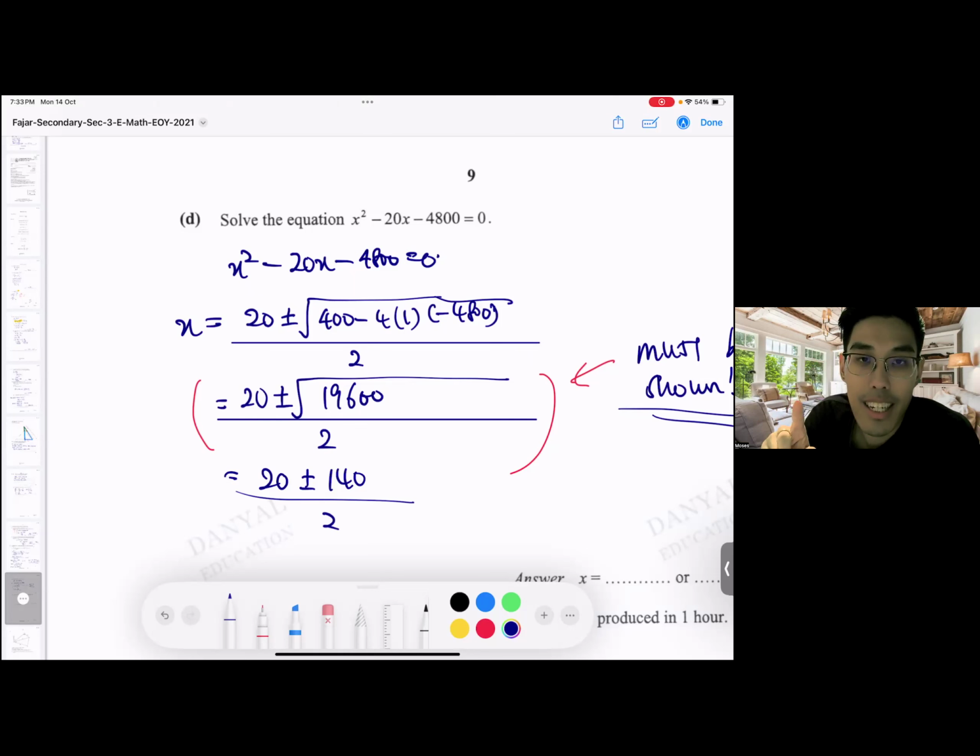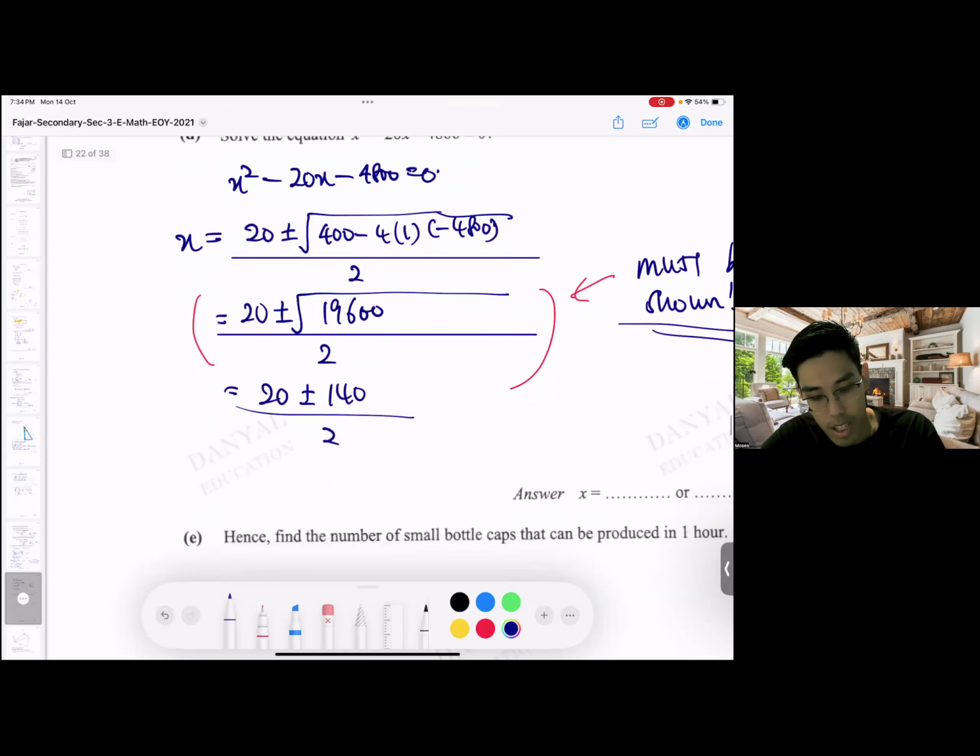This is a must. Okay, I've seen more than 10 years of answer keys. None of them do not write this. Every single answer key and every solution have this in their step-by-step solutions. You must show that the discriminant is being evaluated manually and is positive so that you have proper roots for the values of x. Okay, go and listen to that again 3 times, 30 times. Super important. Okay, so from here, let's continue.